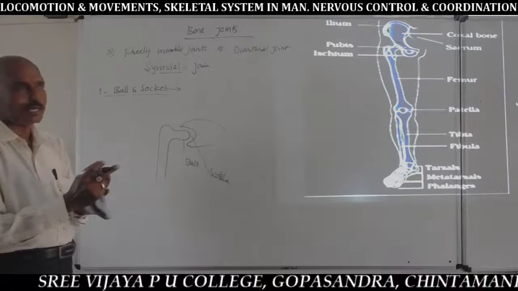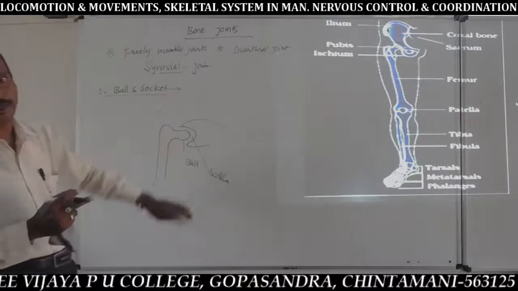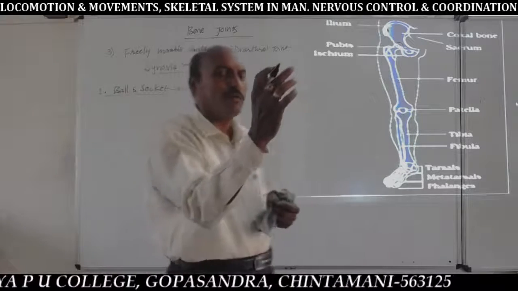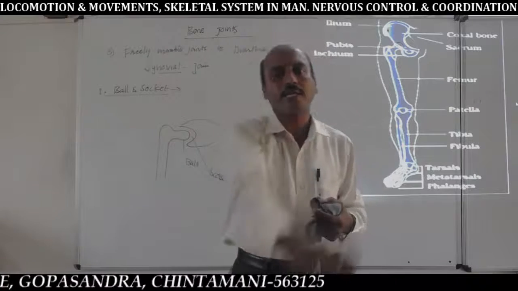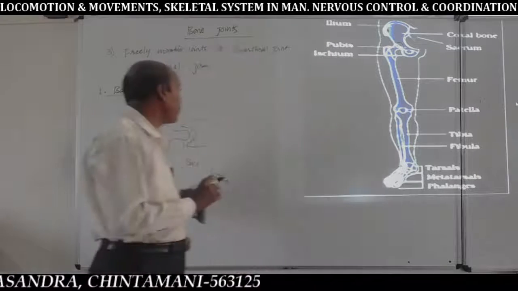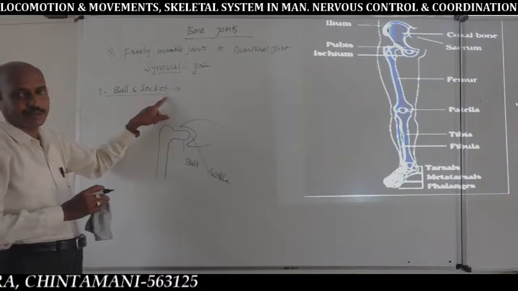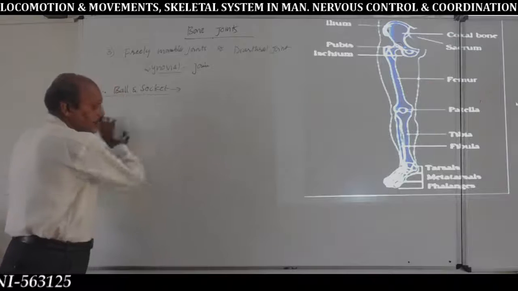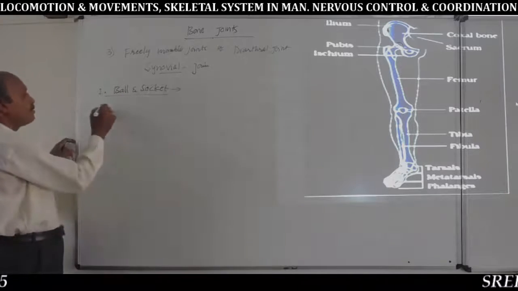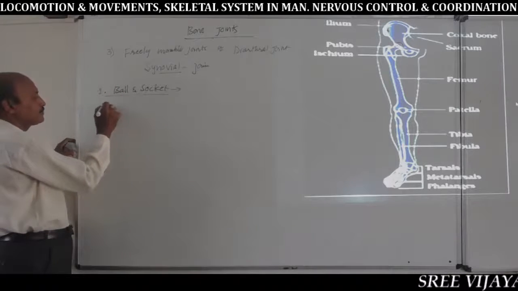Hence it is commonly called a ball and socket joint, and it shows movement in all directions. That is the meaning of ball and socket joint. Some examples of ball and socket joints are...